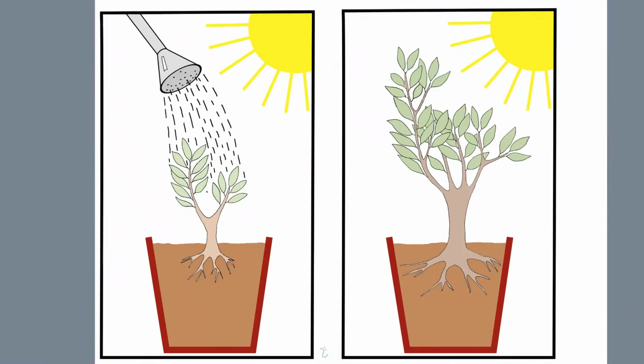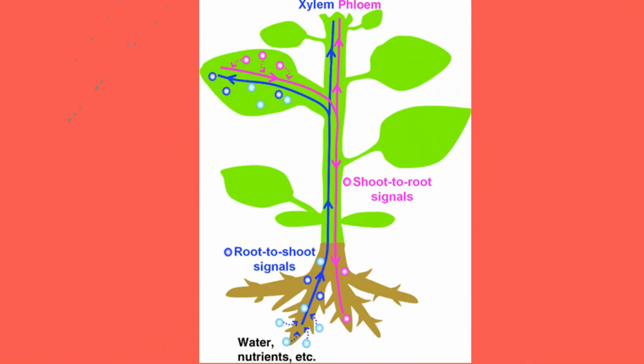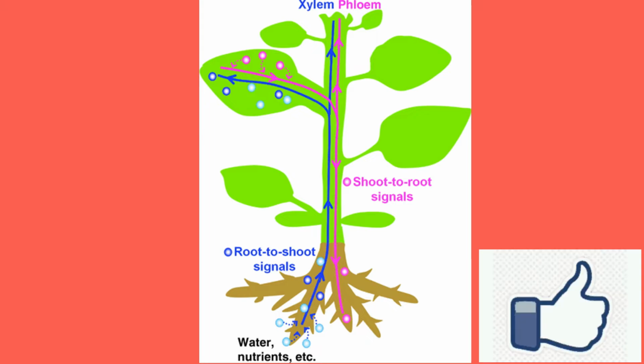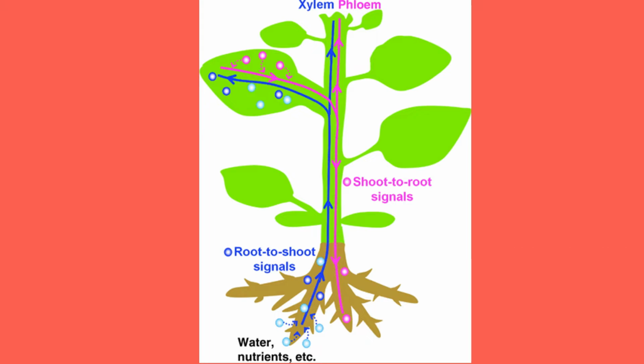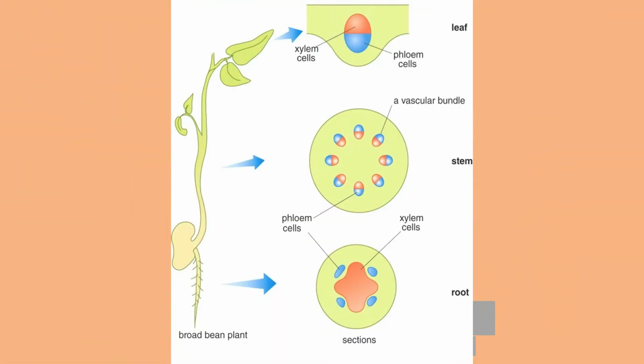In previous classes, we studied the Hellman experiment on plants. Plants absorb water and salts from the soil through the roots and they develop gradually. In plants, the water absorbed by roots is supplied by xylem tissue, and food prepared by leaves is supplied by phloem tissue, to the remaining part of the plant body. In the root, the xylem tissue is situated towards the exterior, while in the stem it is arranged in bundles towards the center.